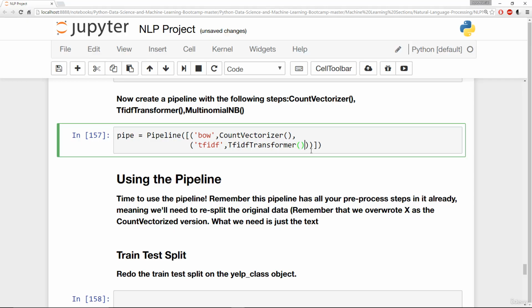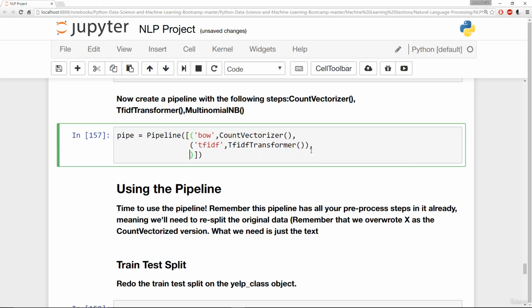This is the integer counts to weighted TF-IDF scores. And then finally, if we go ahead and put in one more, what we will do is train on the TF-IDF vectors with naive Bayes. So I'm going to say, let me make sure my parentheses are matched up here. So this needs one more closing parenthesis. This tuple's good. And now I need one more open one here. Okay. So we'll just call this the model or classifier, whatever you want to call it, multinomial NB, close parentheses,